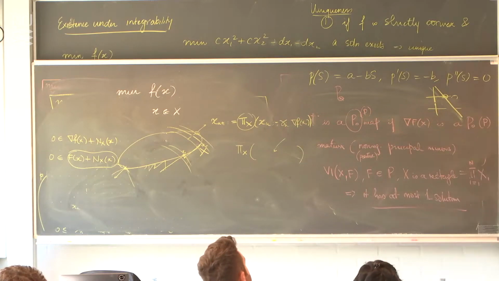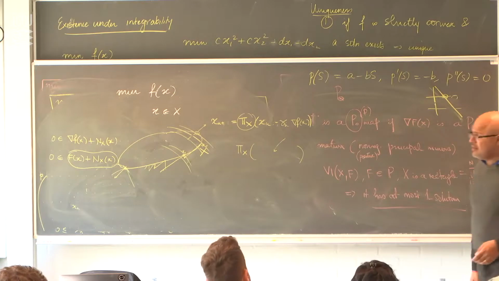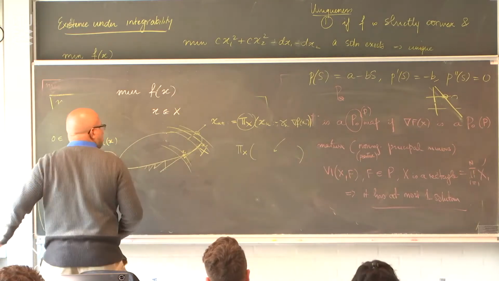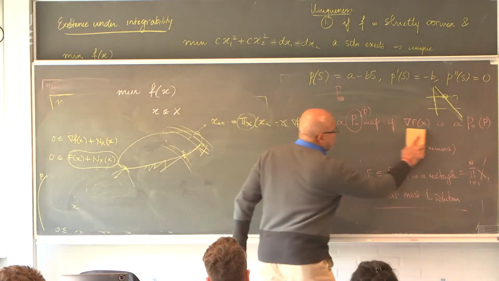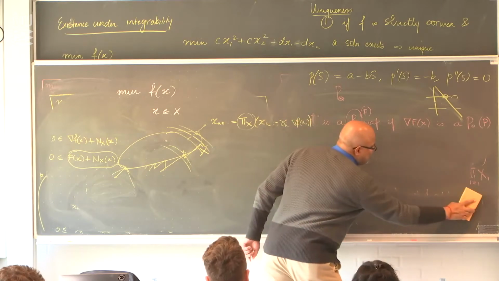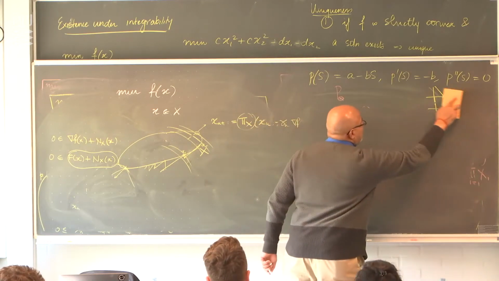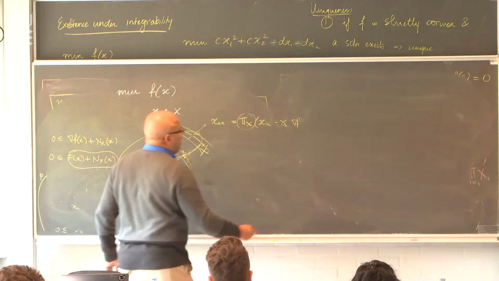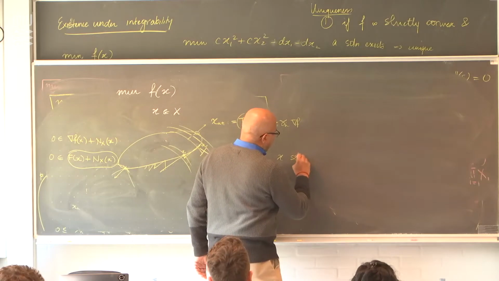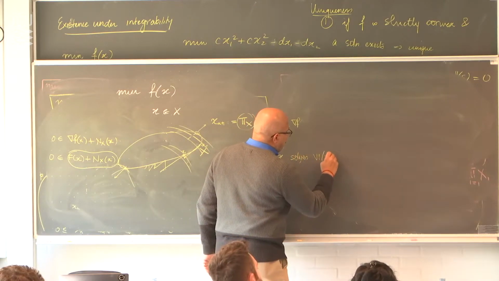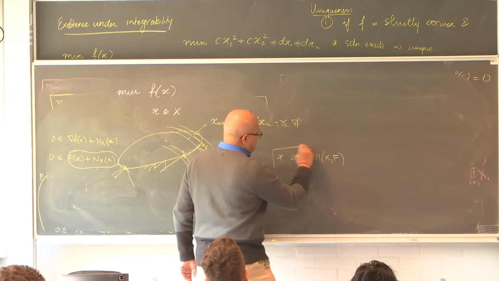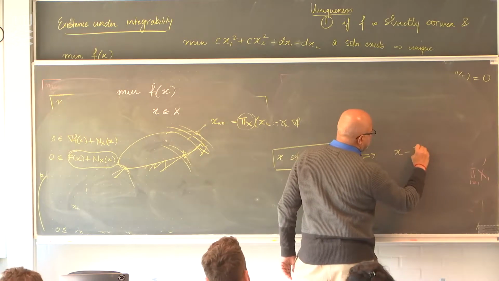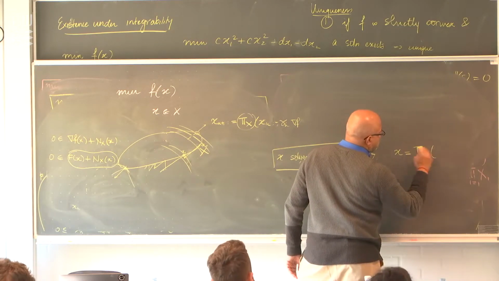the scheme that we are going to consider, where do we motivate this from? Remember that one of the things we started with was an equivalent representation of x being a solution to the VI (X, F). Well, it was that x was a solution to the natural map. So x solves VI(X, F) if and only if x is equal to the projection